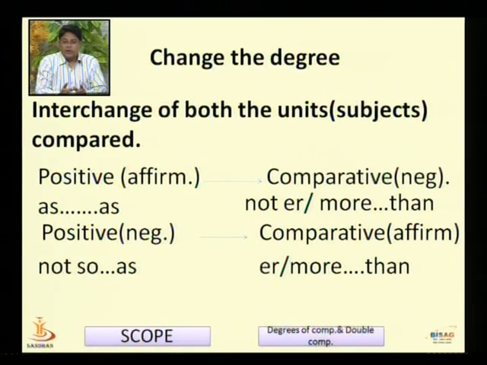Now see the later part of our slide. We have written positive degree affirmative and positive degree negative. We know that in positive degree as is used, and in negative not so as is used. Now when we have a sentence in positive degree affirmative, that is as, and if we want to change the degree, the